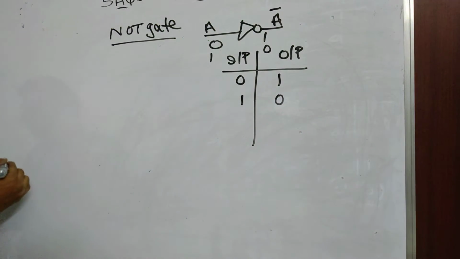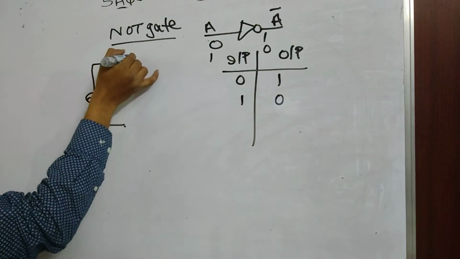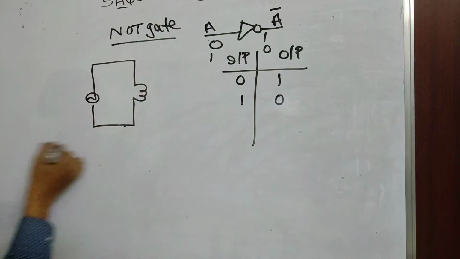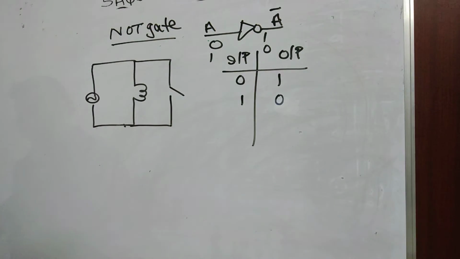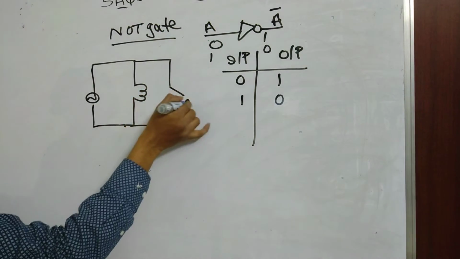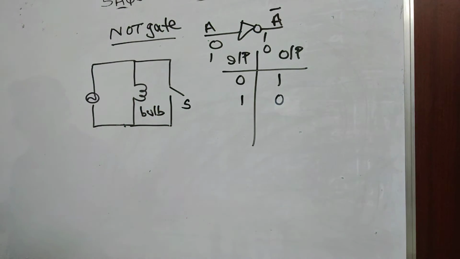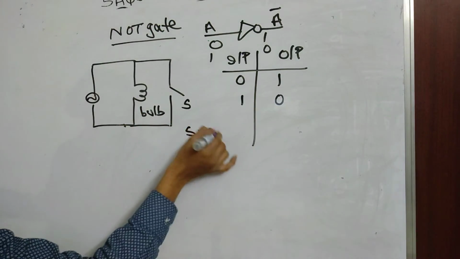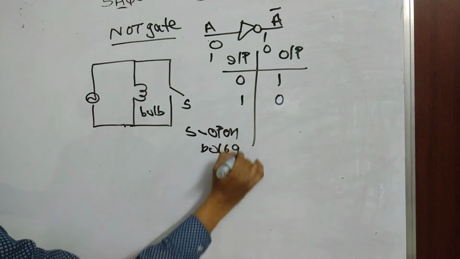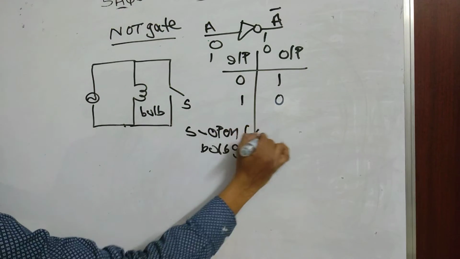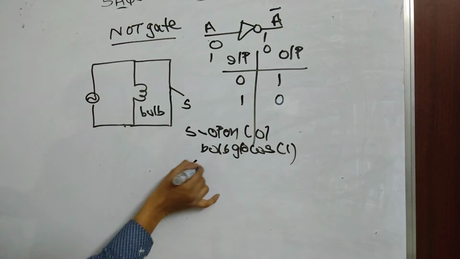Okay. Now generally we use it for switching purposes. It is the AC supply. Here I am showing the bulb like this. Here the switch we are connecting now. The switch is connected. I named it S. This is called the bulb. If S is open like this, the bulb glows. Indirectly, open means 0 and glows means 1. If S is closed,